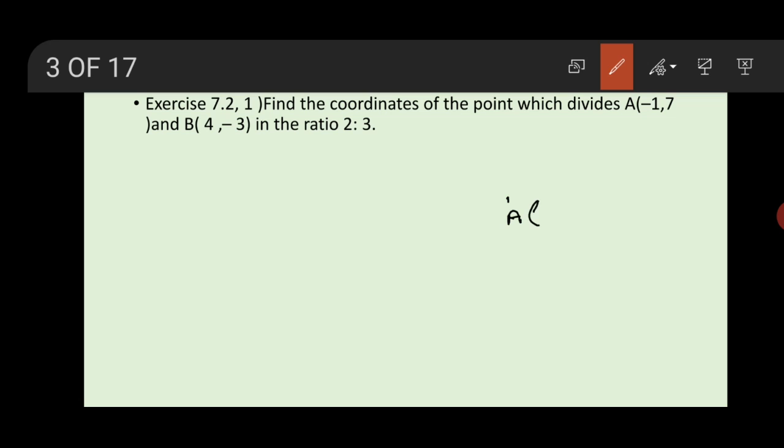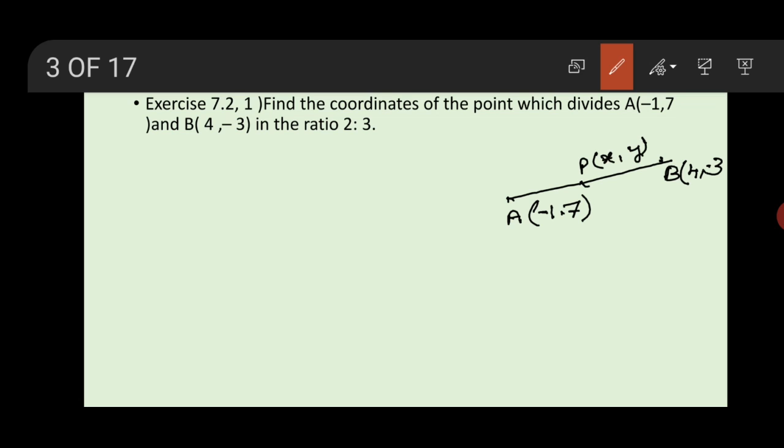Take the 2 points A, coordinates are given -1, 7 and another point B, coordinates are 4, -3 and the point P